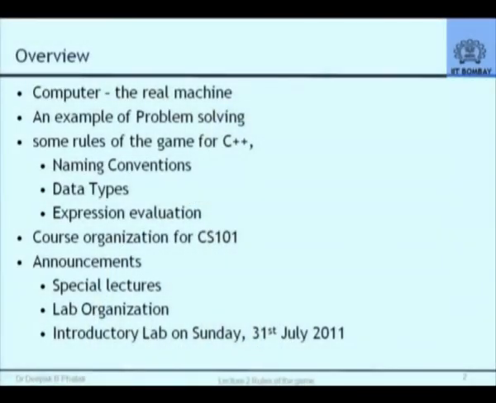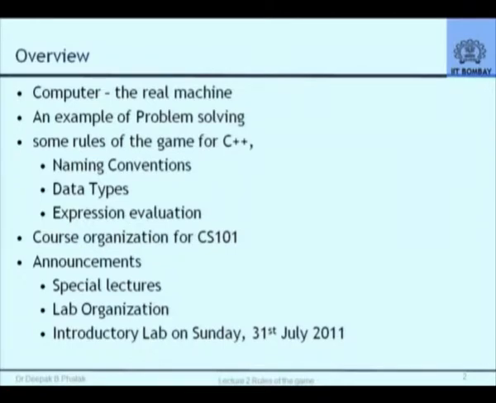Good morning. So we'll continue our discussions from where we left last time. Today we'll look at the real computer a little bit. We'll just look at some basic details which have implications on the way we do programming in high-level languages. Other than that, we'll just treat this as some kind of a byline story. Keep in mind, we'll be revisiting the internals of the computer in greater detail sometime later in the course.